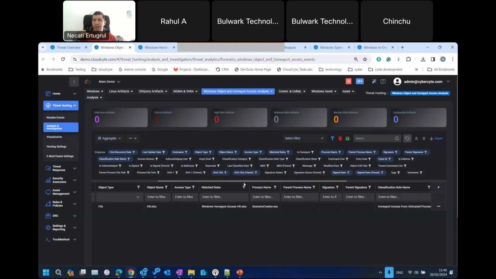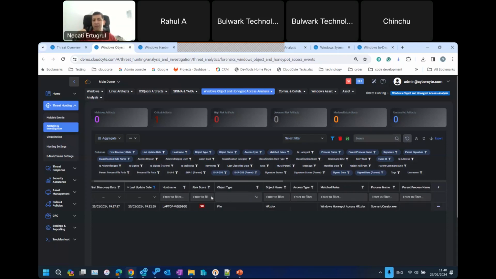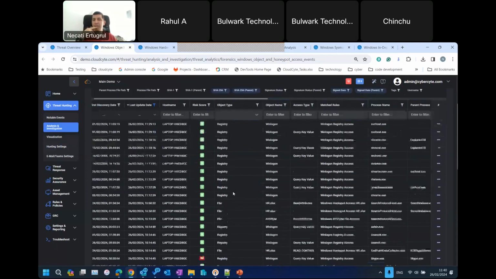And we tell that in this example, our system creates a honeypot file in every client endpoint, and if an unknown process accesses this honeypot, we notify. And this has been the case, as you see. So the honeypot was accessed through an unknown executable. As you see here,